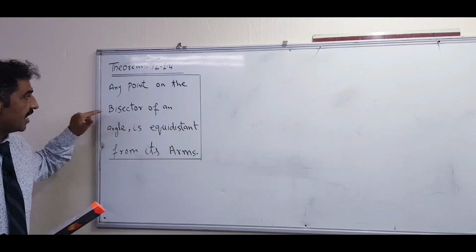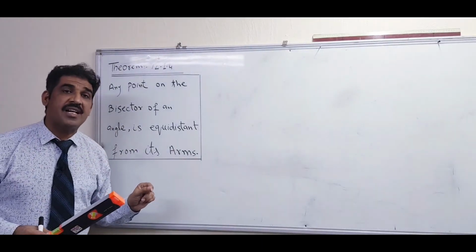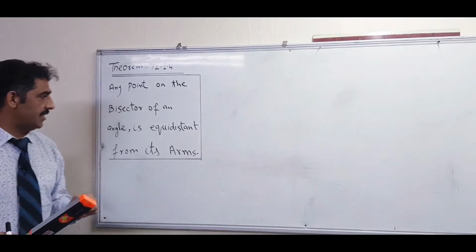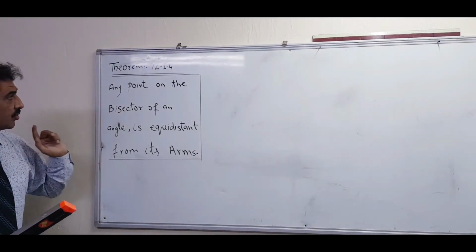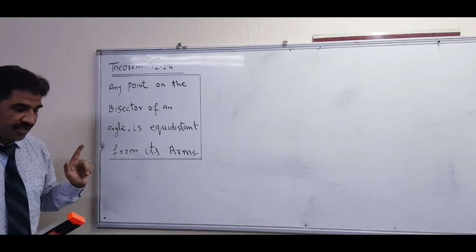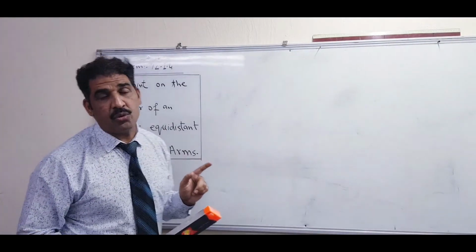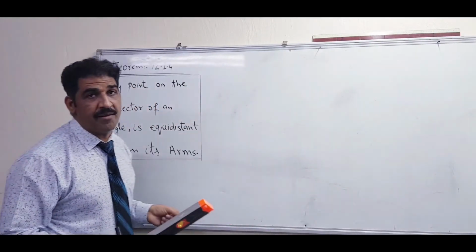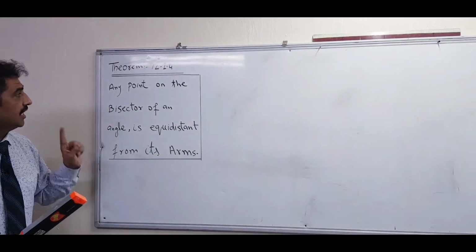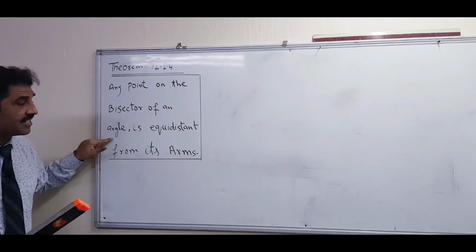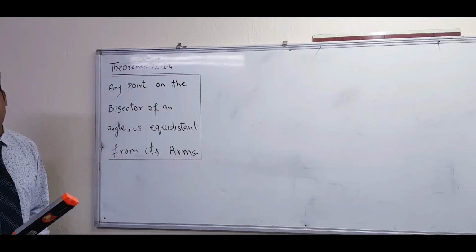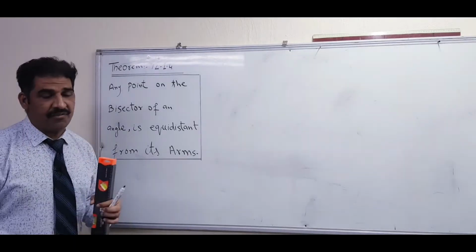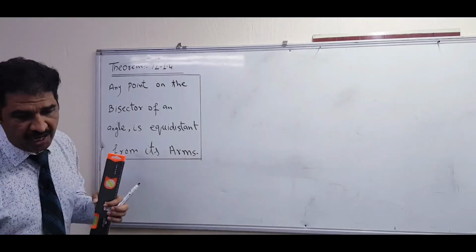So bisector, I have already told you. What is the meaning of bisector? Good. Divide into two equal parts. Right? But in the first theorem, we had to divide the line segment into two equal parts. But here, what do we divide into equal parts? That is the angle. So first of all, we should make an angle. Then after that, divide it into two equal parts. We have to prove it.